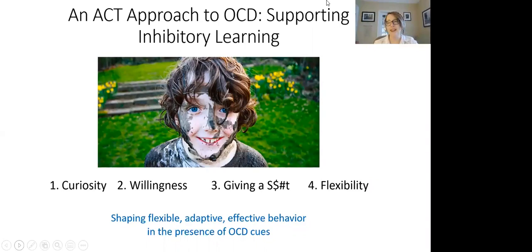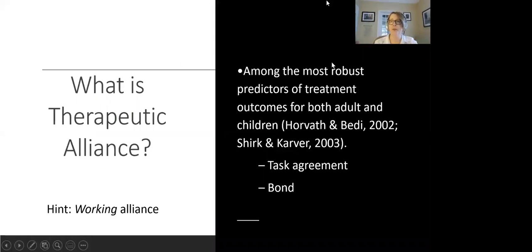But framing doing exposure-based treatment in the context of something much bigger, something that's much more motivating than just feeling less anxious. That's not enough. We need to build a life that you love waking up into every day. And then teaching flexibility, right? And that's that discovery piece of shaping broad adaptive repertoires that are context sensitive rather than directed by whatever OCD rules we have in our heads to do.